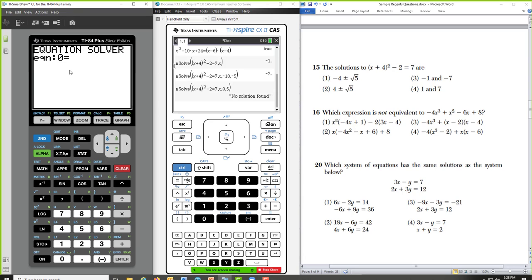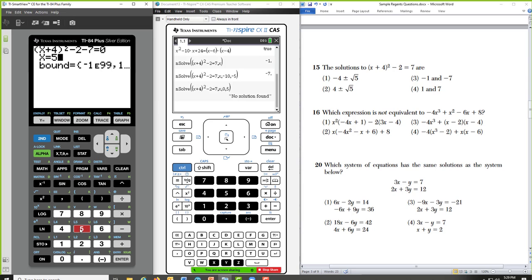You do have to get it equal to 0. So I'd have to move that 7 to the other side. So it's open parentheses, x plus 4, quantity squared, minus 2, minus 7. Maybe we don't want the kids to combine like terms, do too much. That may overwhelm them. Press the down arrow. You see it equal to 0. I'll put in my guess.